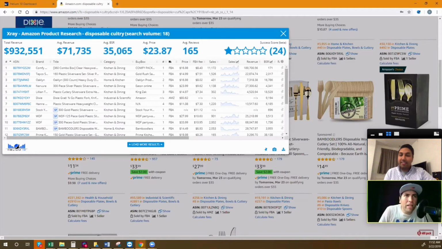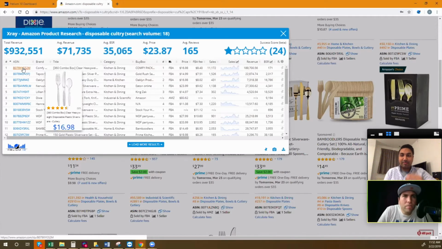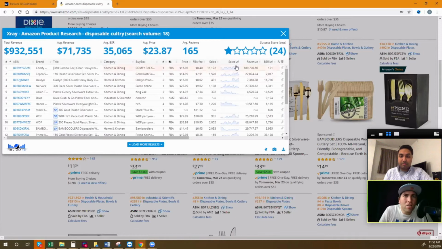All right. So let's say that we are going to make a real simple, what is this? Disposable fork, knife, and spoon set. So here we go. We see that these guys, holy cow, they are making $189,000 per year? No, per month. Month, yeah. Selling plastic cutlery, right? It's big business.